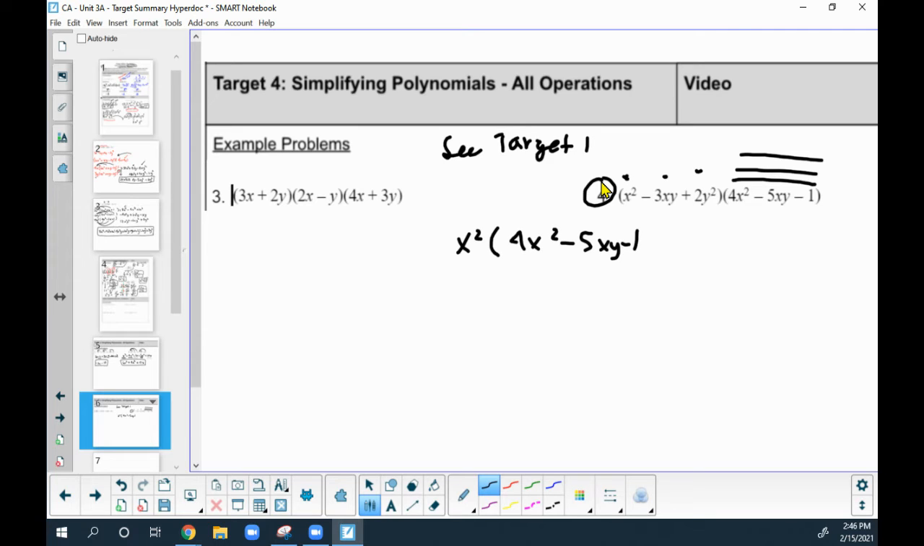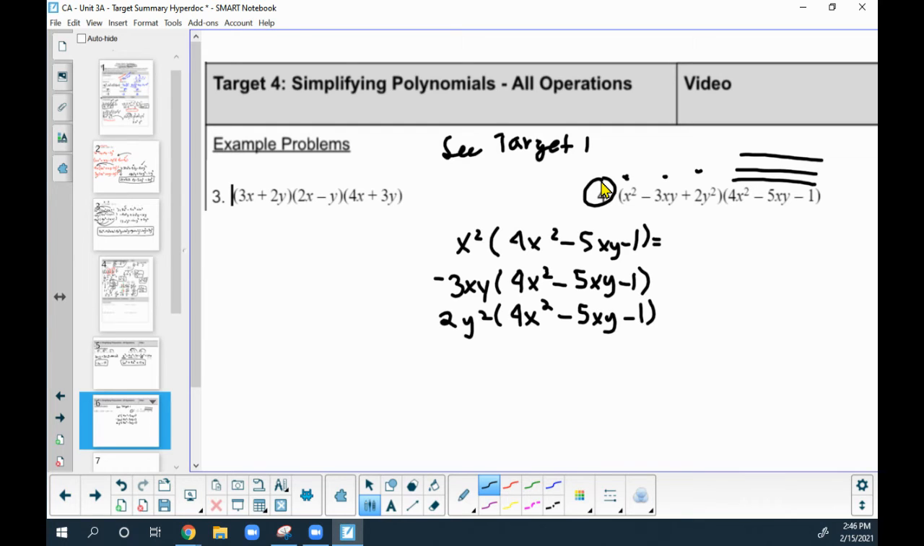Again, this is an exercise in patience and organization. Next one times the same darn thing. Some people do not need to rewrite this. I like to because it keeps me organized. You just want to be careful if you're holding it in your head. You tend to lose your